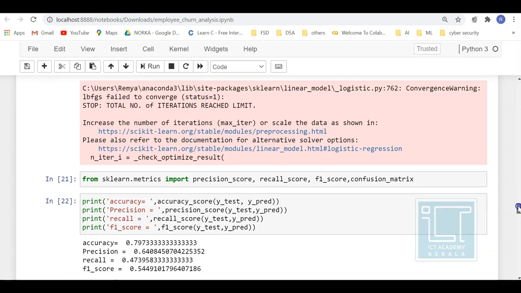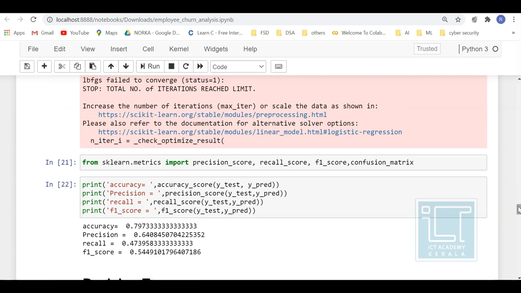You can also have a look at the precision score, recall score, and F1 score. Precision is about being precise, that is how precise your model is. In other words, when a model makes a prediction, how often is it correct.